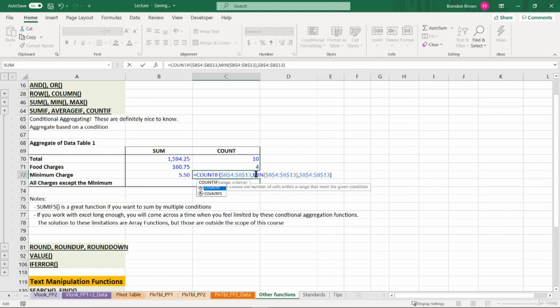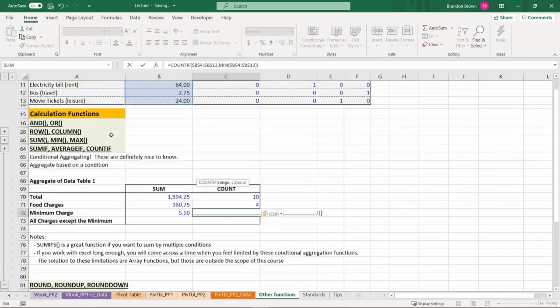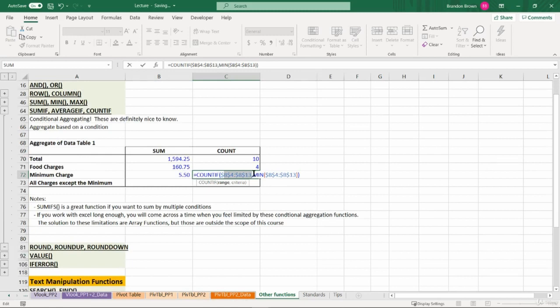Count if. We just have to get rid of that. Look in that price range, look for the minimum, count how many instances there are of that. There should be 2. All right, the very last thing I want to show you is if you're not looking